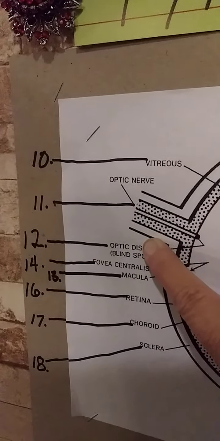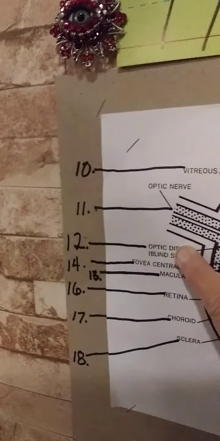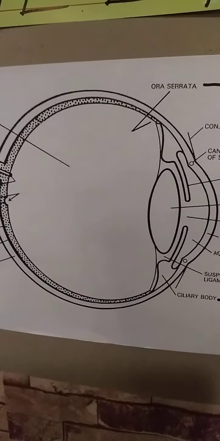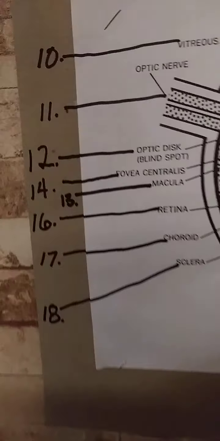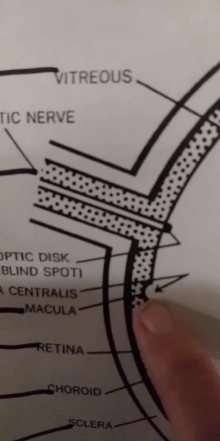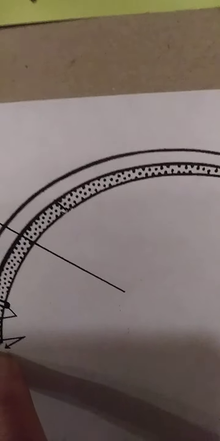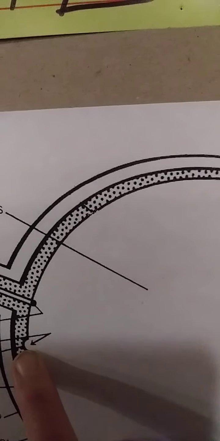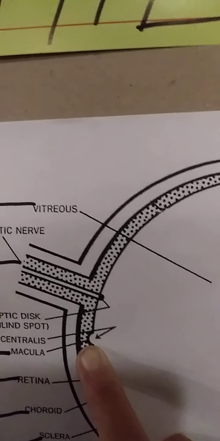And then we have the macula, which is number 13. The macula is right here. And it is a small, thinned out area of the retina. It's cone photoreceptor cells, and it provides